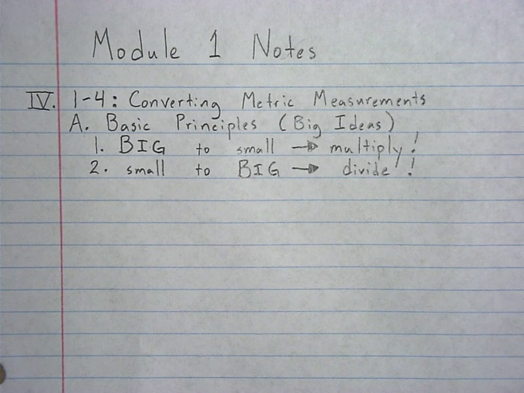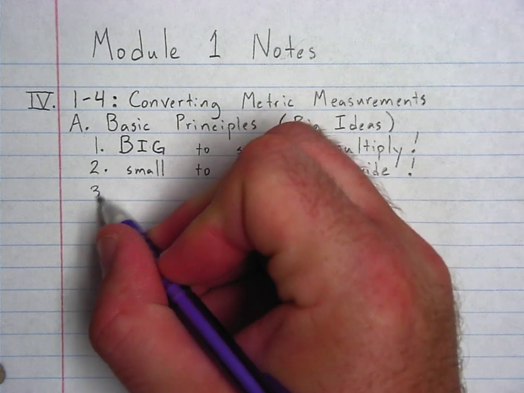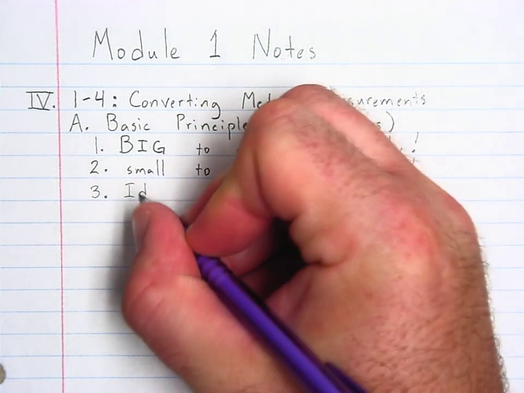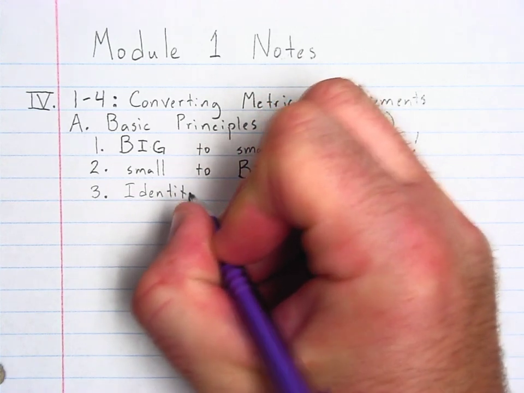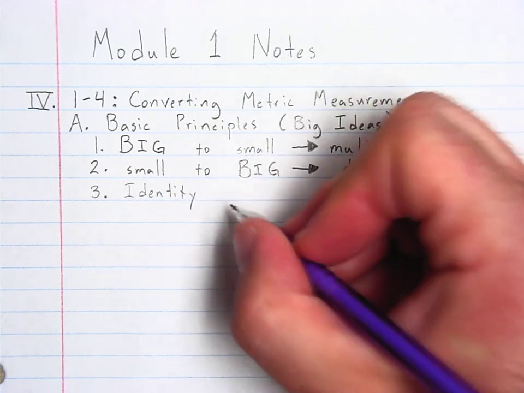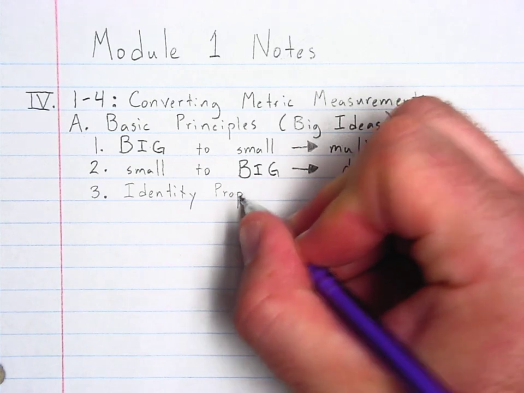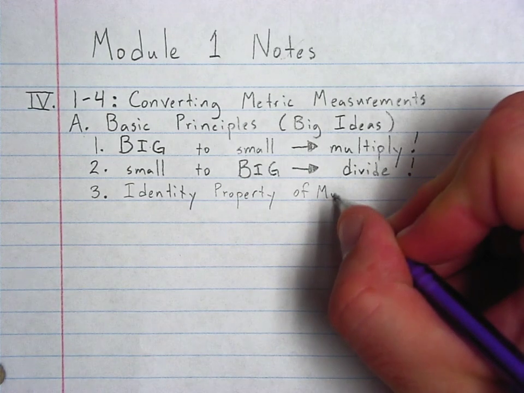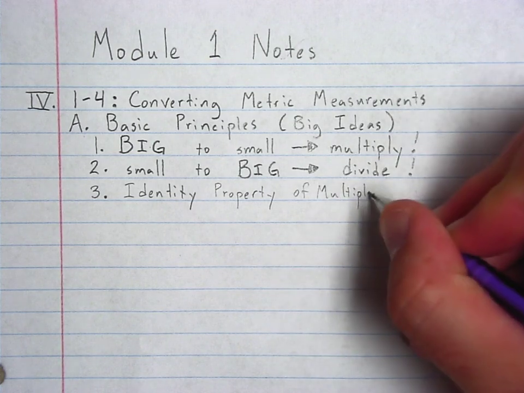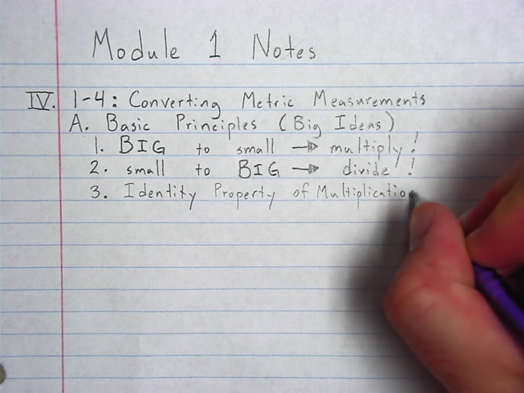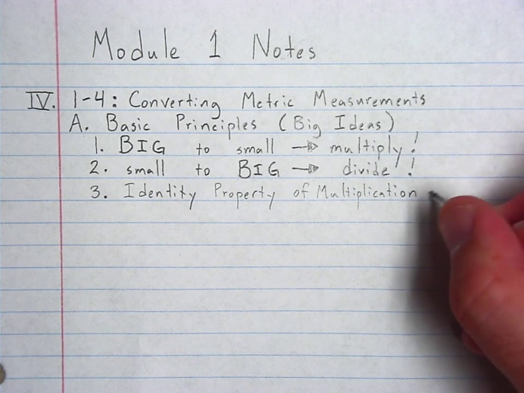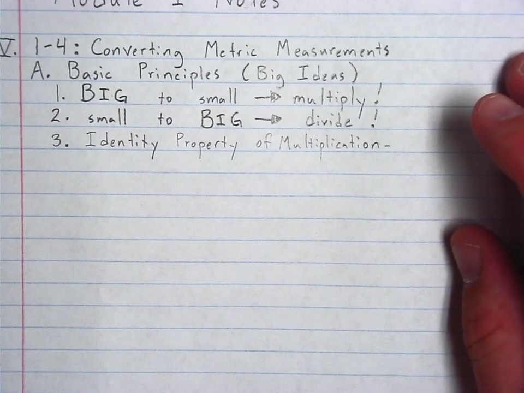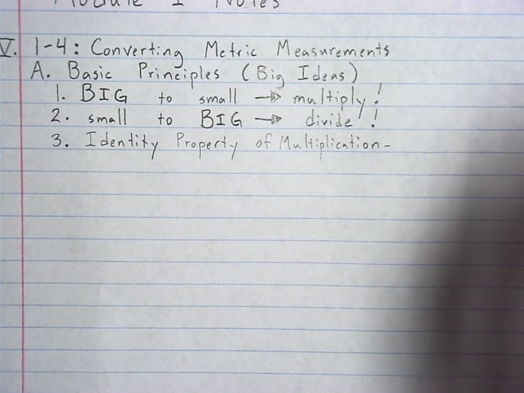Okay. Now, the last thing we're going to mention is a property of multiplication. It's called the identity property. The identity property of multiplication. Now, this is a fancy math name for something simple that most of you learned pretty early on. The identity property of multiplication says